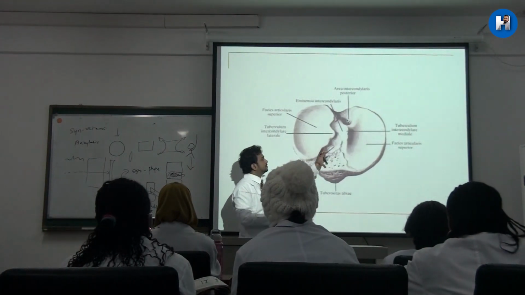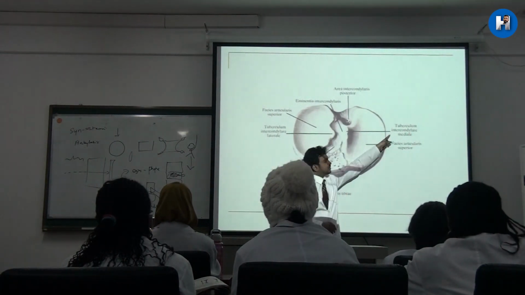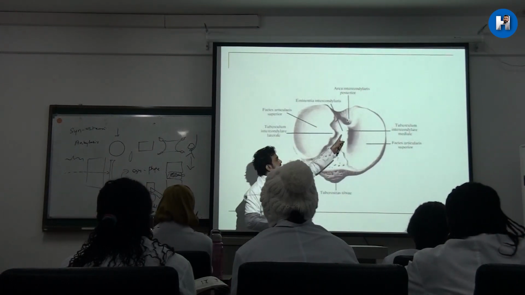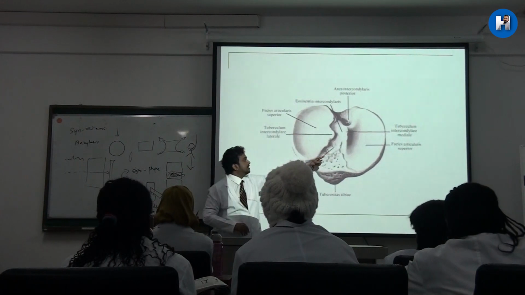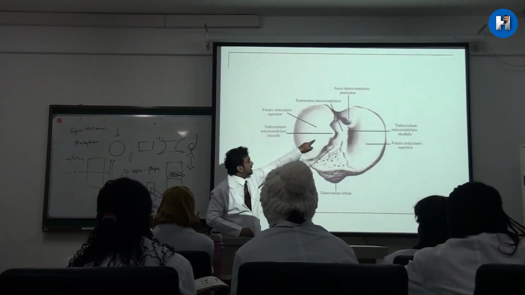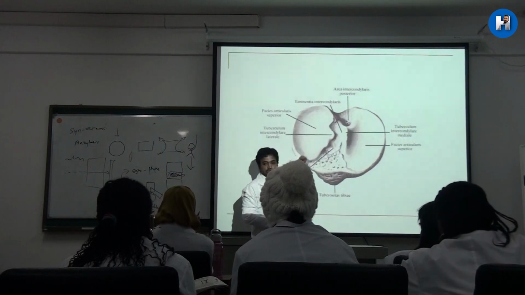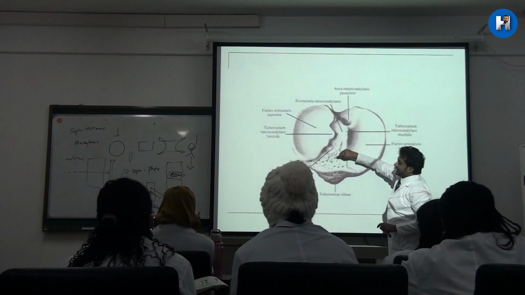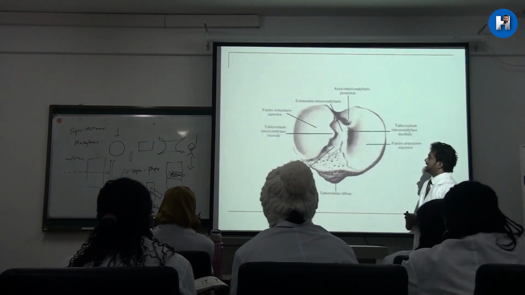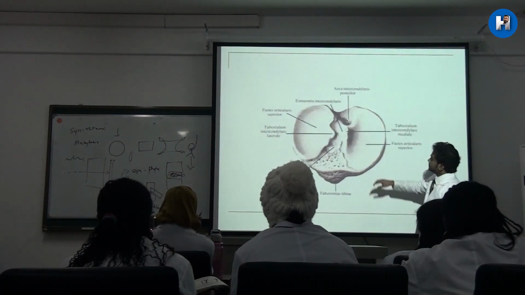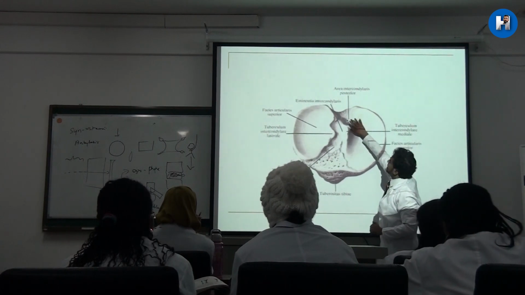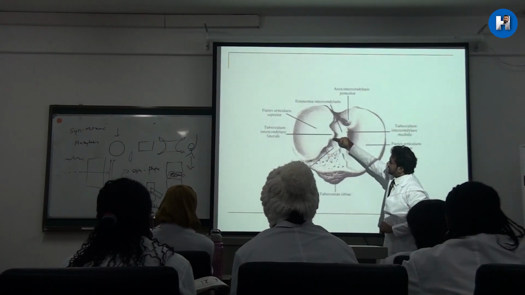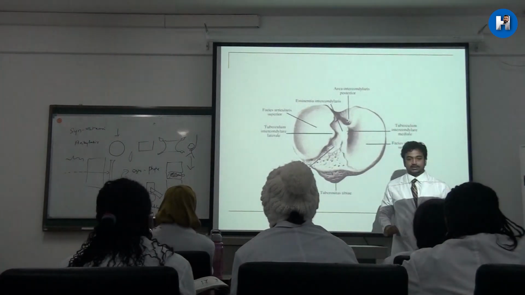It will be divided into two parts. What are they? The tubercle on the medial side we call the medial intercondylar tubercle, and you will also have the lateral intercondylar tubercle. Understood? Behind and in front of that you will have an area we call the intercondylar area. Behind this is the posterior intercondylar area, and anterior to it will be the anterior intercondylar area.